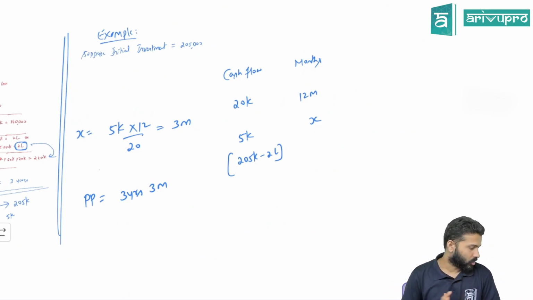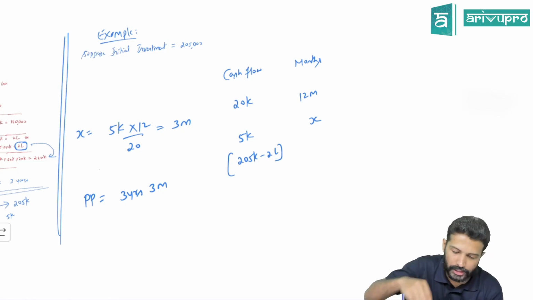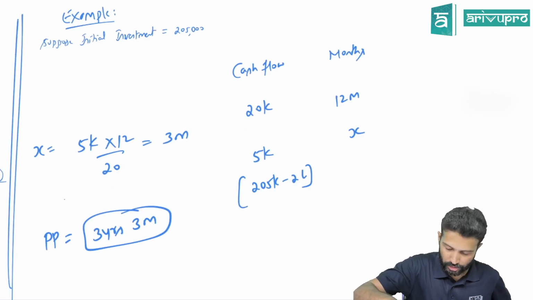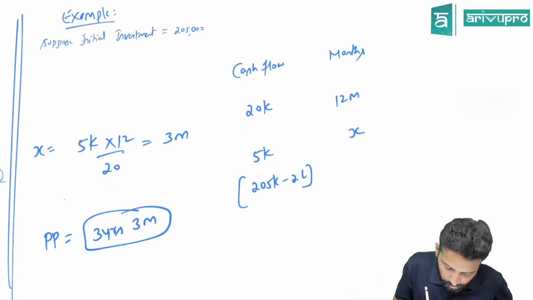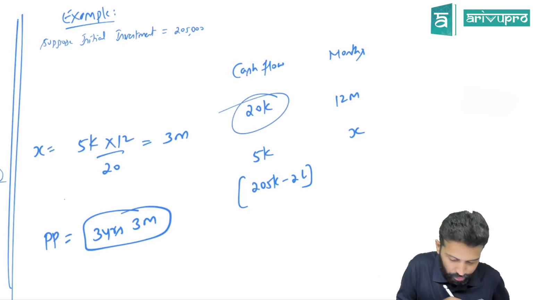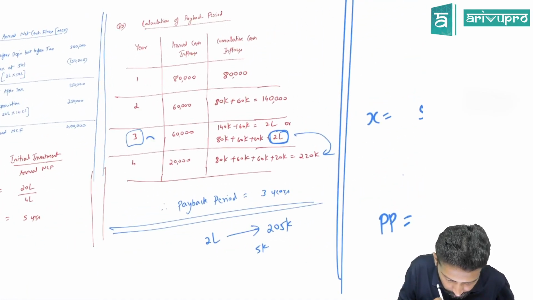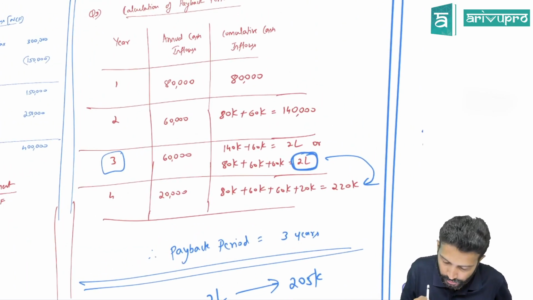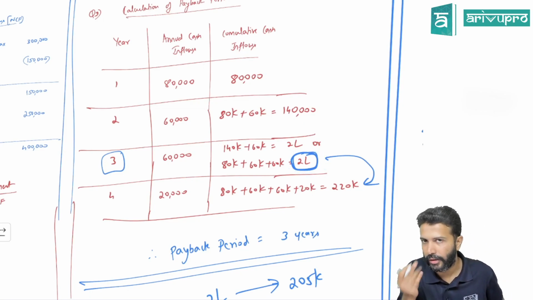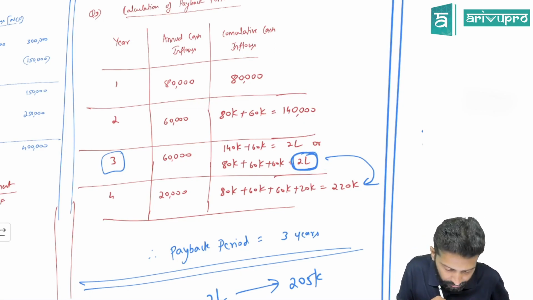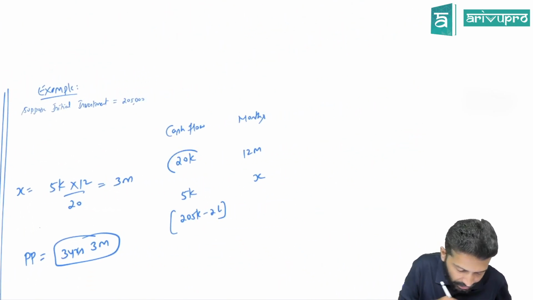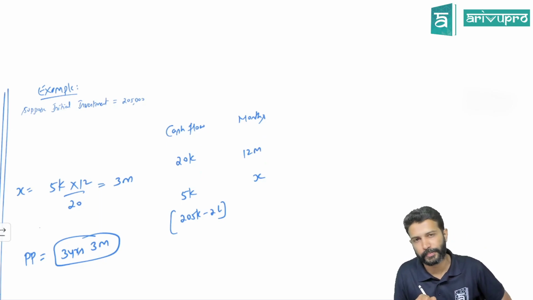In terms of the answer or solution, what we've got? This is your answer. Payback period is 3 years, 3 months. So how is it 3 months? We worked it out like this. Cash flow is 20,000. How did you get this 20,000? From third year, you went to fourth year. So your payback period is in the fourth year. You agree, no? Because up to 3 years, you have only earned 2 lakh. But you want to recover 2 lakh 5,000. So recovery is happening in the fourth year. Fourth year, totally how much have you earned? 20,000. So 20,000 is the cash flow for the whole year, meaning for 12 months.